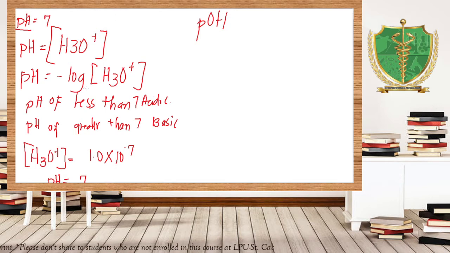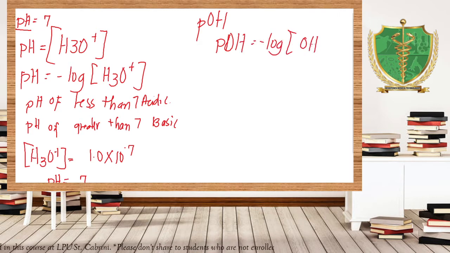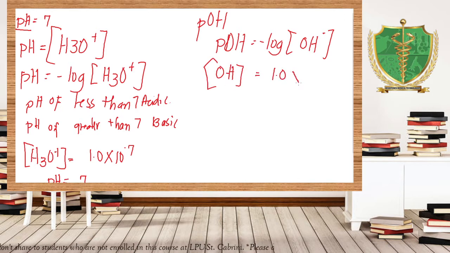If pH is the negative log of hydronium ion, therefore, we can say that pOH is the negative log of our hydroxide ion. Ang sabi natin, pure water contains 1.0 times 10 raised to negative 7 of hydroxide. So if we get the negative logarithm of 1.0 times 10 raised to negative 7, therefore, the pOH of our